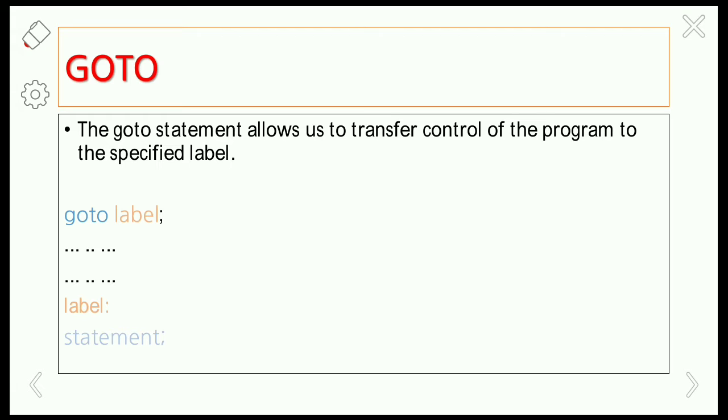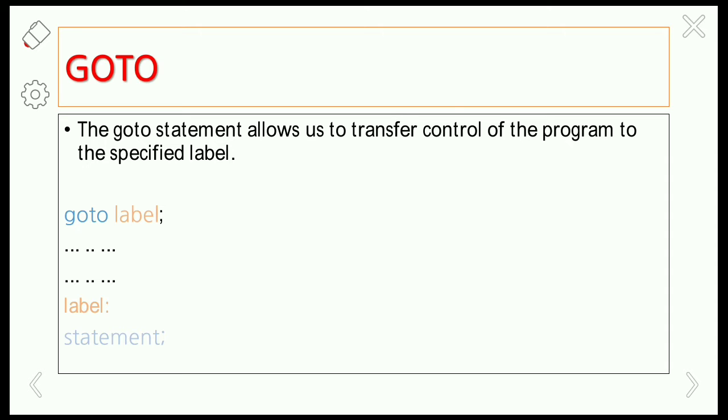It is used to transfer the control unconditionally to a particular location in the program. So without any condition, it is going to transfer the control to the particular location in the program. Okay, so we are going to execute some set of statements even though the condition is not satisfied.